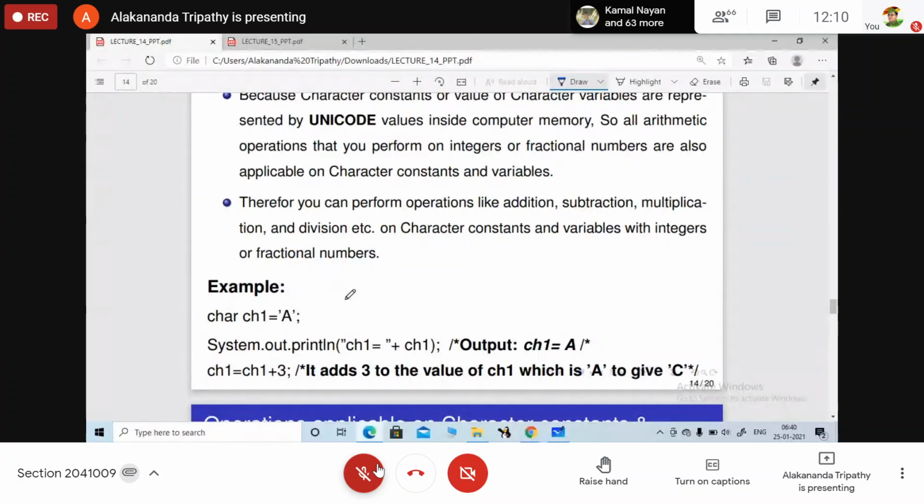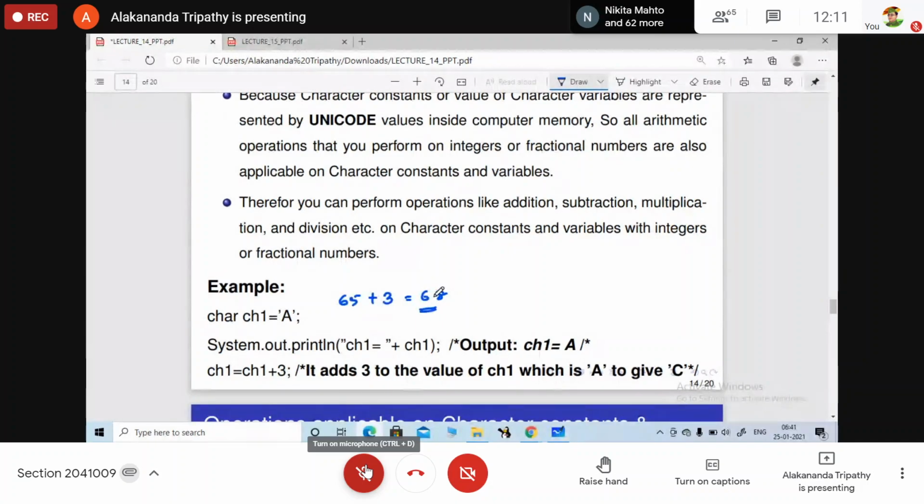What is the Unicode value of A? 65. So 65 plus 3 is how much? 68. 68.